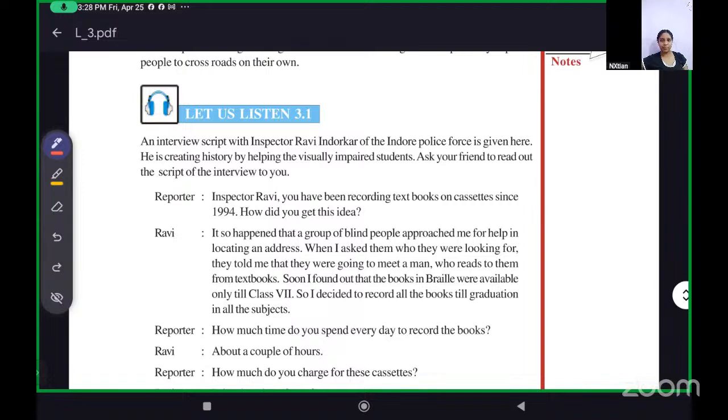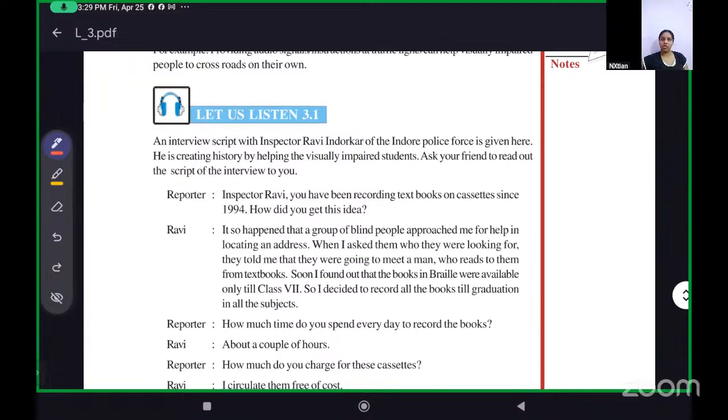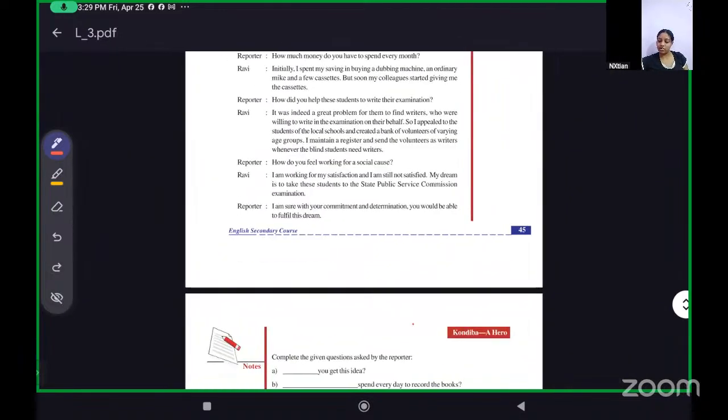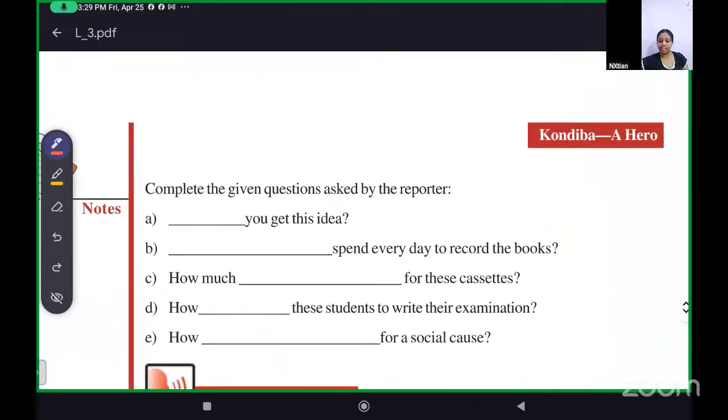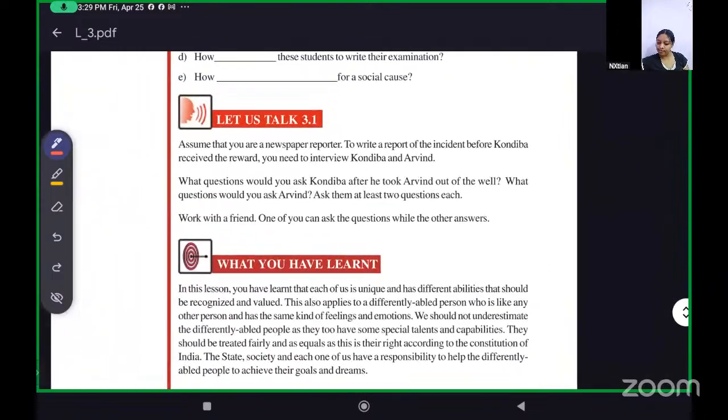So different interviews take place where people ask questions to you and you are to be answerable to them. Okay. So this is one such conversation and interview, and these are the questions that you will be asked. You can give that a read and try them out. Okay. Then we have